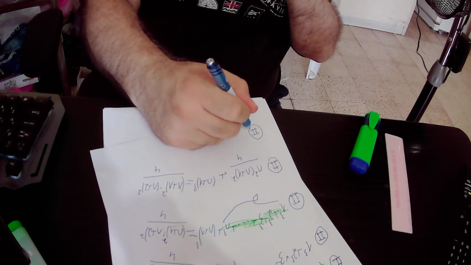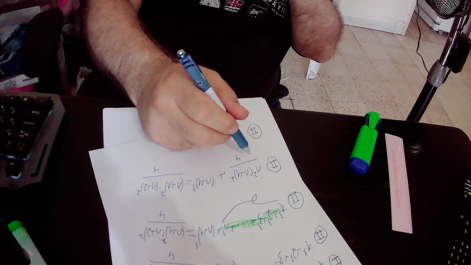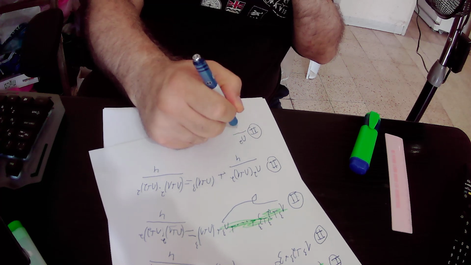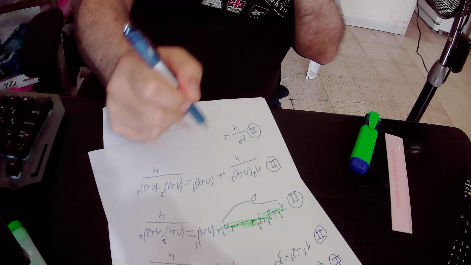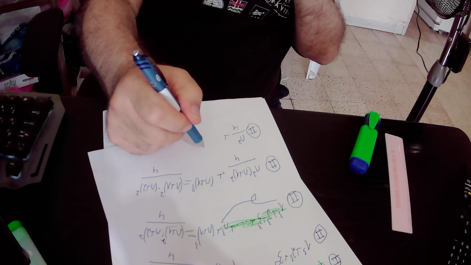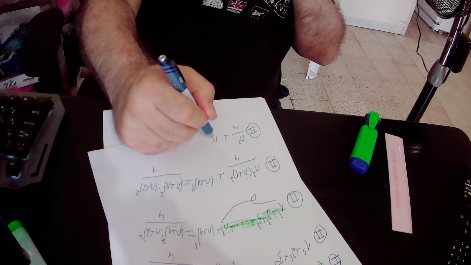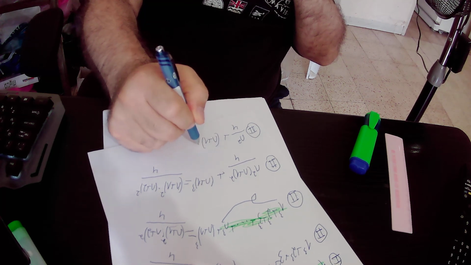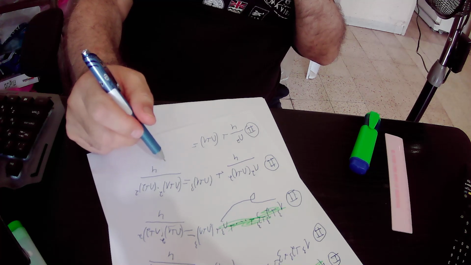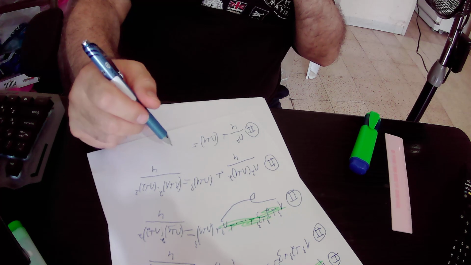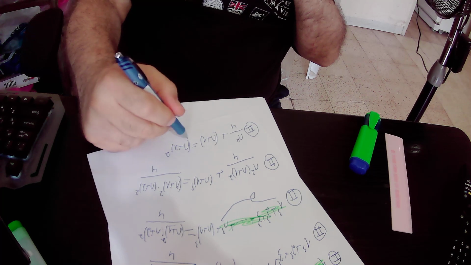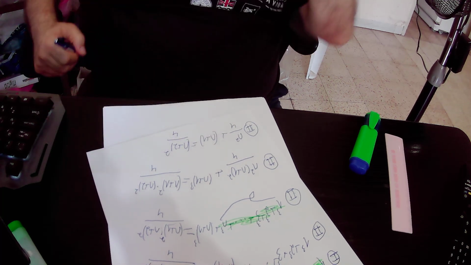So n squared times n plus 1 squared divided by n plus 1 squared is n squared, and we divide it by 4, plus n plus 1 to the power of 3 divided by n plus 1 squared will be n plus 1, equals n plus 1 squared times n plus 2 squared all divided by n plus 1 squared will be n plus 2 squared, and it is divided by 4. Okay,